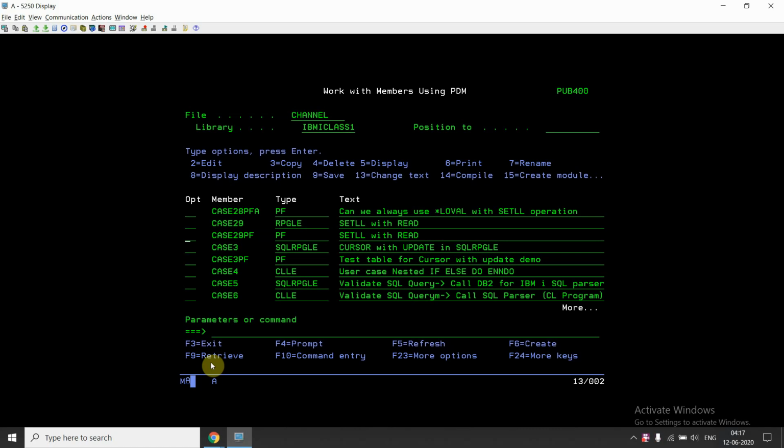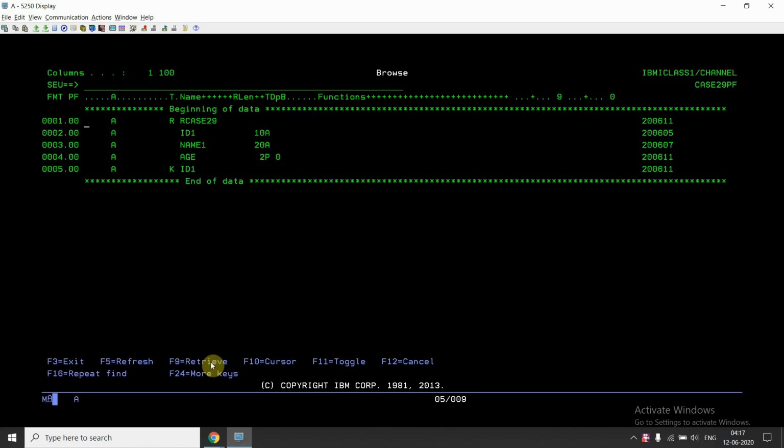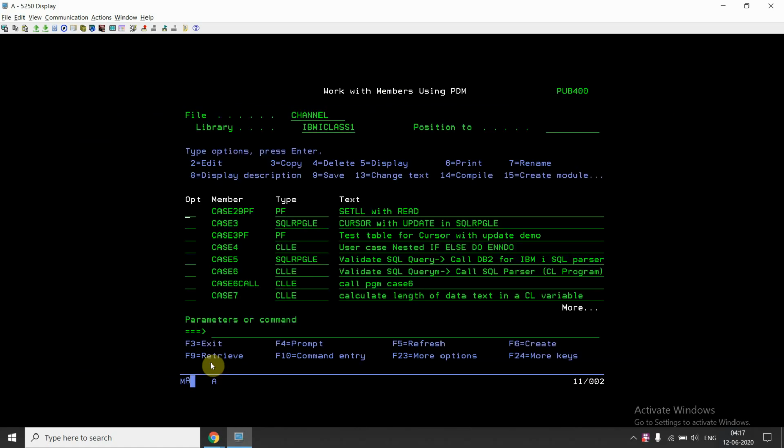So let's start. So here I have a PF where I have three fields, right? And I have a key of ID1. So I've already compiled this file. Work object case 29 pf, so I can see the object.